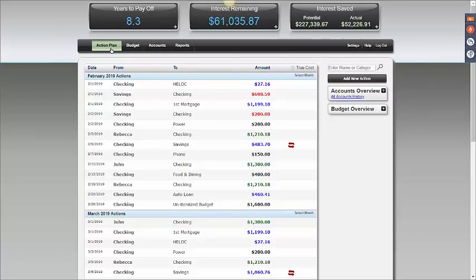You notice the action plan told us still to move the money from our savings to checking, but it has now said that on 2/1 we want to transfer from savings to checking in the amount of $698.59, and then we see that we have a second transfer from checking to savings, and that is in the amount of $483.70. Okay, now you can see how the program is self-adjusting and telling us,